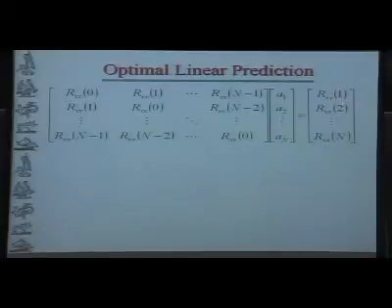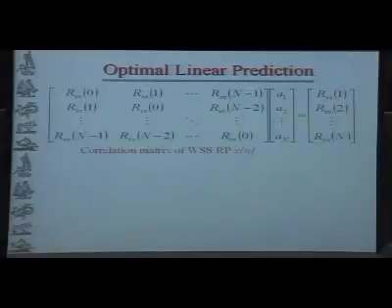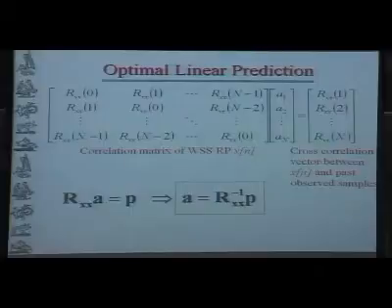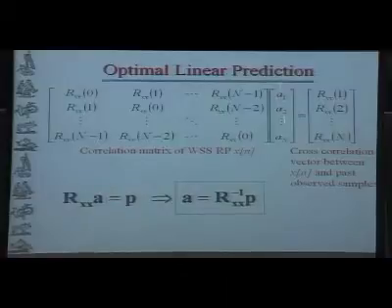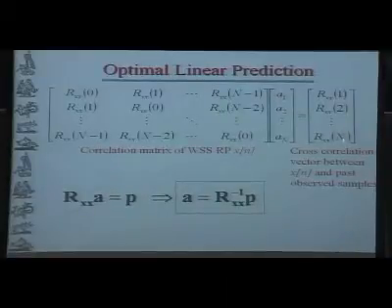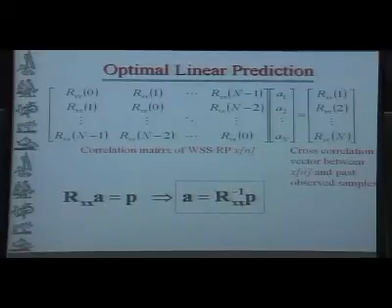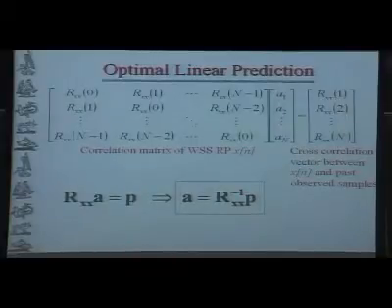And over here you also have the same thing. This is the correlation between you and your next door neighbor. This is the correlation between you and your second door down next door neighbor, so on and so forth. And if I write it, so this is the correlation matrix for the wide-sense stationary process. And this is called the cross correlation vector. Okay? And we can write it in a very simple matrix form, which is Rx times the vector A is equal to the vector P. Okay? And the optimal A will be given as Rx inverse times P. So this is the classic Wiener solution, okay? Discrete Wiener solution